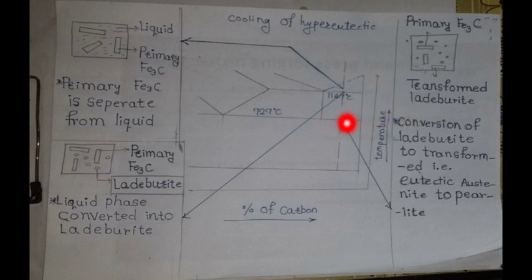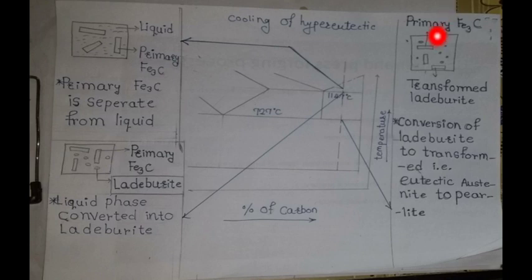there is a reaction that takes place. This reaction is the conversion of ledeburite into transformed ledeburite, and we know about transformed ledeburite. What is meant by transformed ledeburite? Transformed ledeburite is obtained from ledeburite, and ledeburite is a mixture of austenite and cementite, and the eutectic austenite which is present in the ledeburite is converted into pearlite,